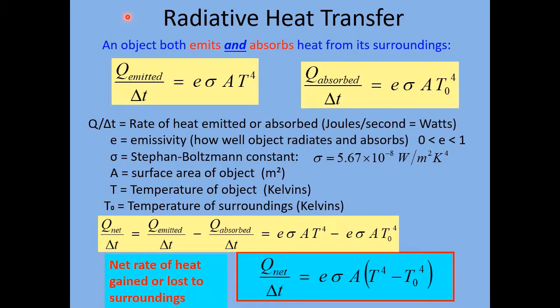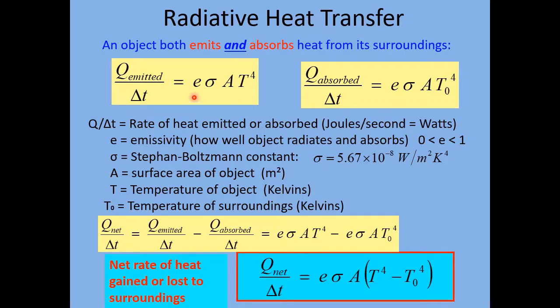So let's take a look at the mathematics of radiative heat transfer. It turns out that an object both emits and absorbs heat from its surroundings at the same time. So the amount of heat emitted, this is the rate of heat emitted. So remember, Q is for heat. So Q emitted over delta T is given by, this is sometimes called the Stefan-Boltzmann law. This equation here tells us the rate of heat emission